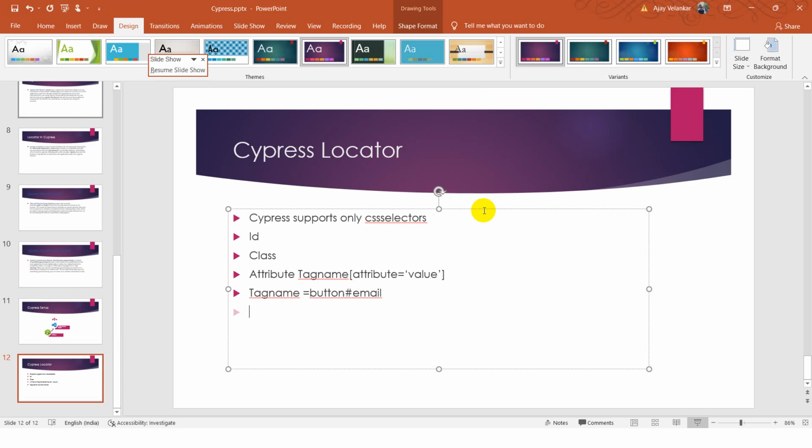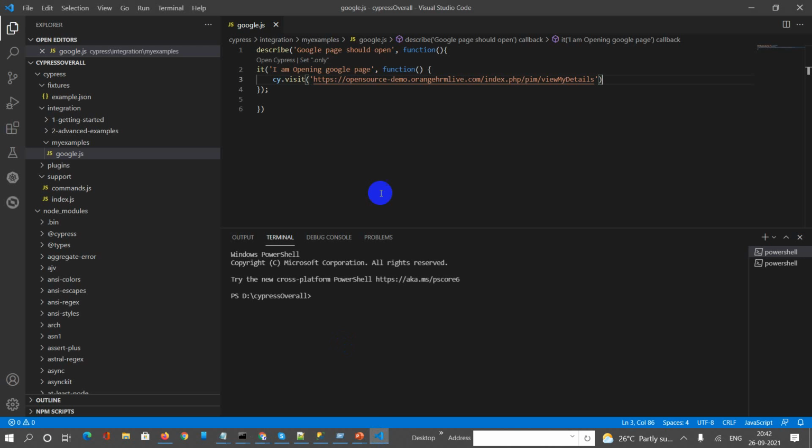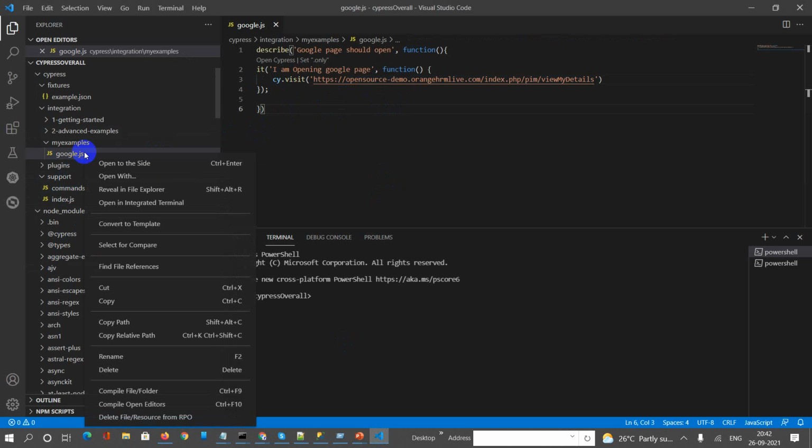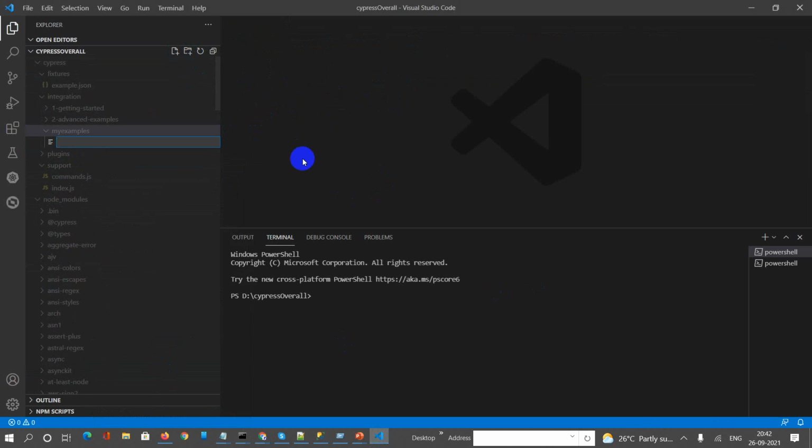This is the sample site I will take, called open source demo orangehrmlive.com. I will automate the test script for the login application. So let me create the login application first. I will delete this now. Under my example, I will create one file called